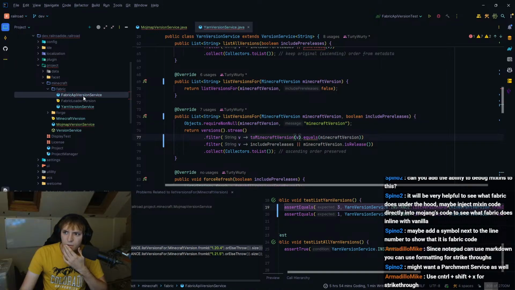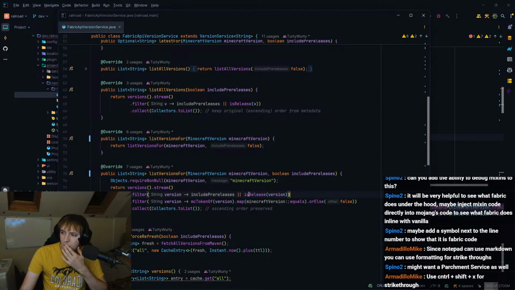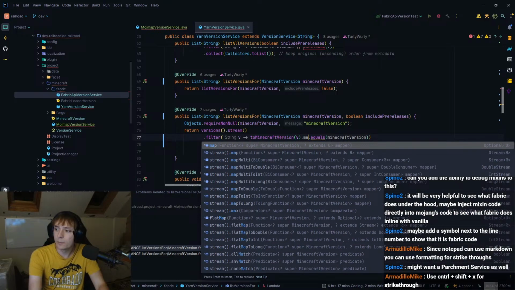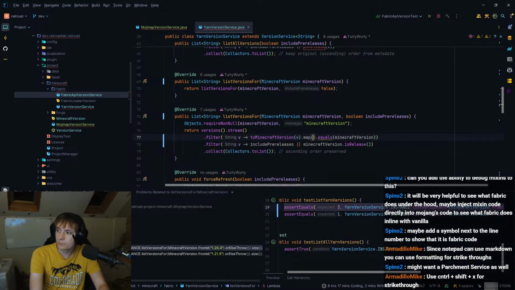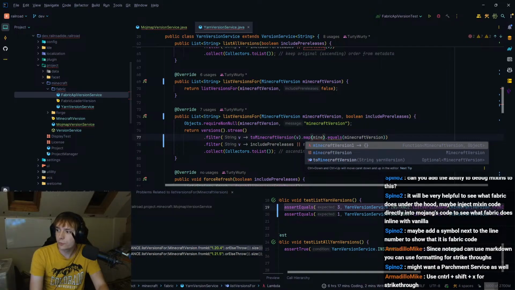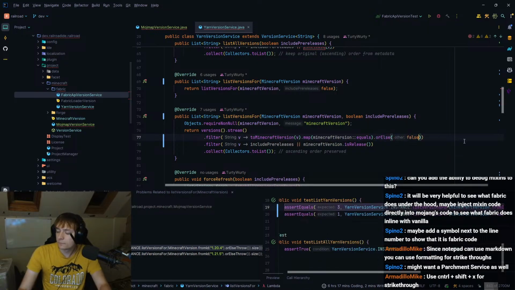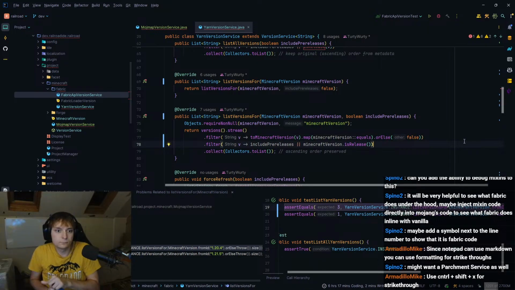Yeah, how did I handle that in here? And dot map equals, or yeah, that makes sense. So dot map to Minecraft version colon equals and say or else false, and that works.